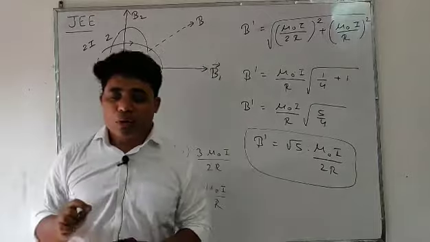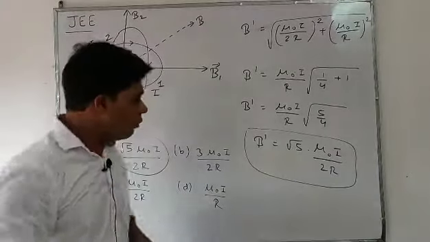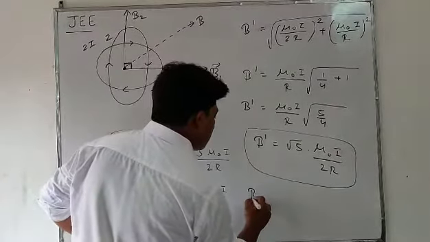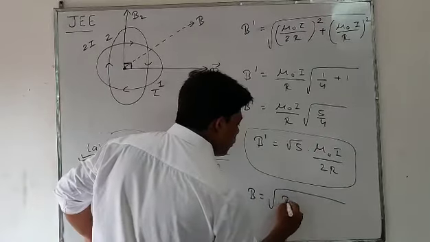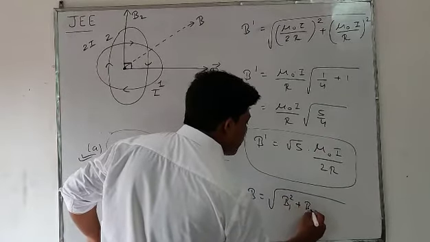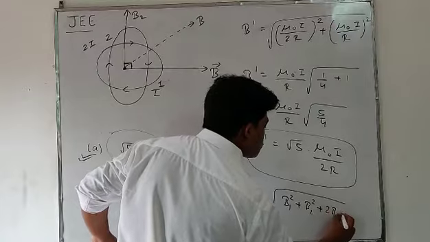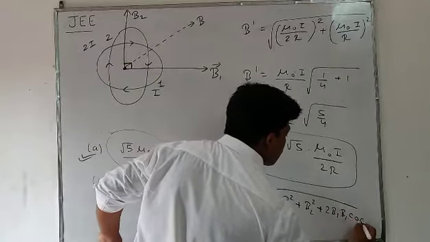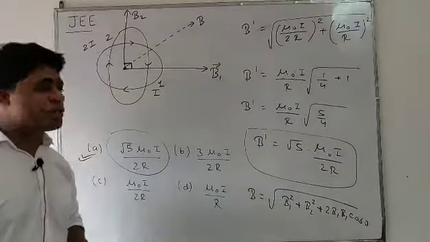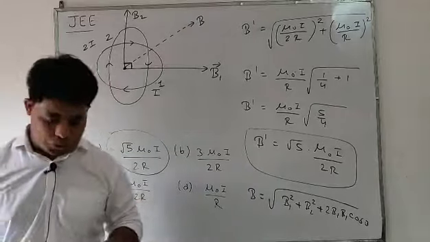And I applied the law of vector addition. What is the formula of the law of vector addition? B equals the square root of B1 square plus B2 square plus 2 B1 B2 cos theta, and we got the resultant magnetic field at the center of the coil. Okay students,